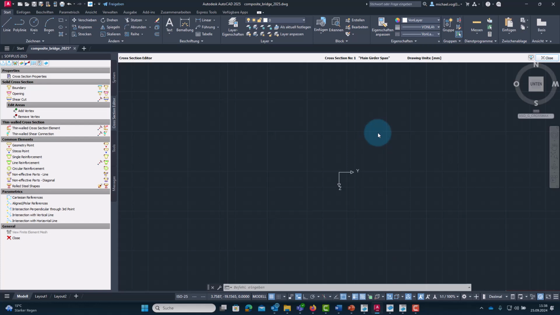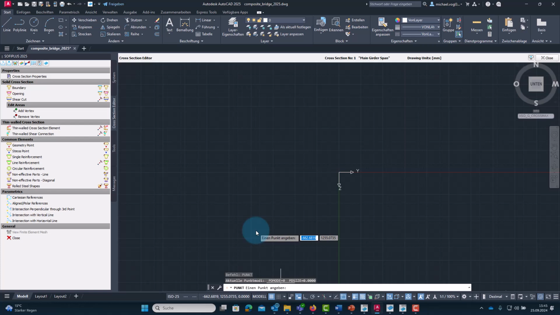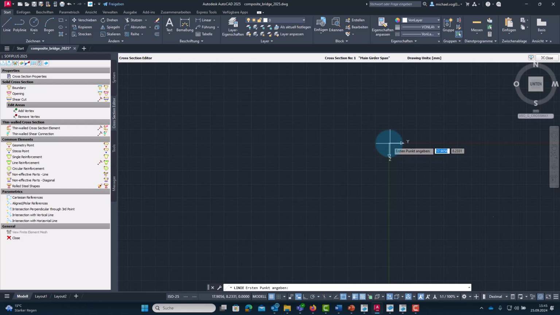To define the cross-section elements, I will shortly sketch the cross-section parts. For this purpose, I will first create a point at the origin of the cross-section coordinate system, so at 0, 0, and then draw the cross-section using the AutoCAD line command.